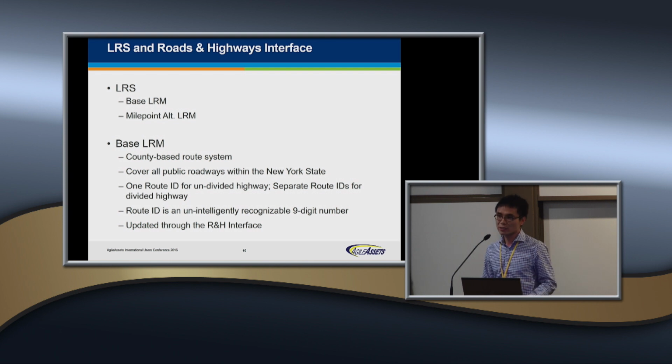and New York DOT is one of the states that has implemented the Roads and Highways interface to manage their RS. So we also set up the Roads and Highways interface to hook up to Roads and Highways, so we can update all the events in our AgileAssets application. Everything sounds very good, but there's always a but. The route ID and route name in this case in New York is an unintelligible nine-digit number, meaning that as a regular end user, when we want to pick a route name, there's no way you know what you are going to pick. For example, I-87 in Albany County is a number like